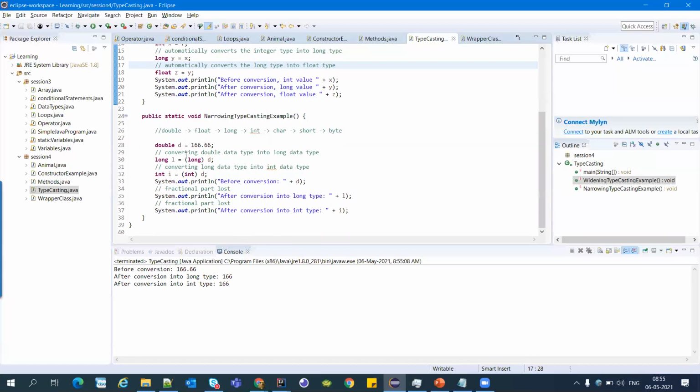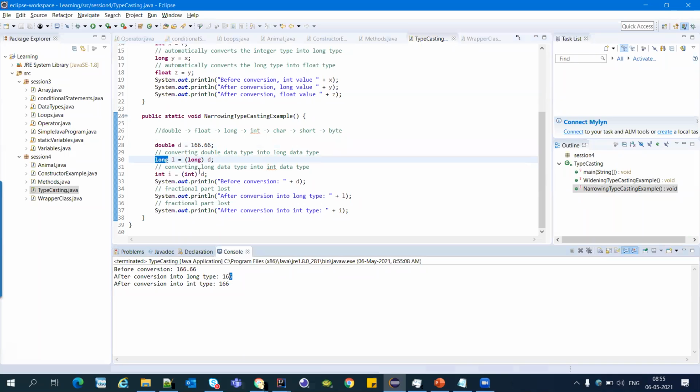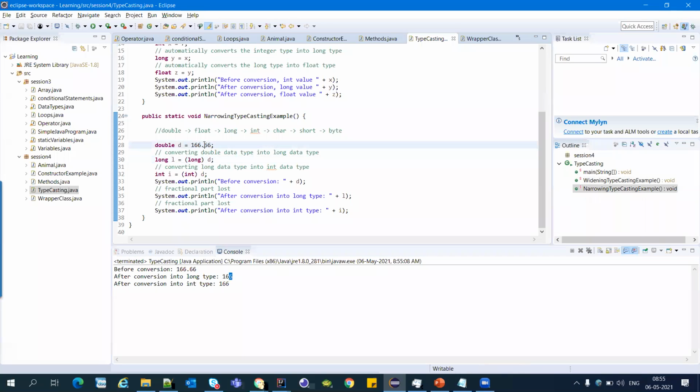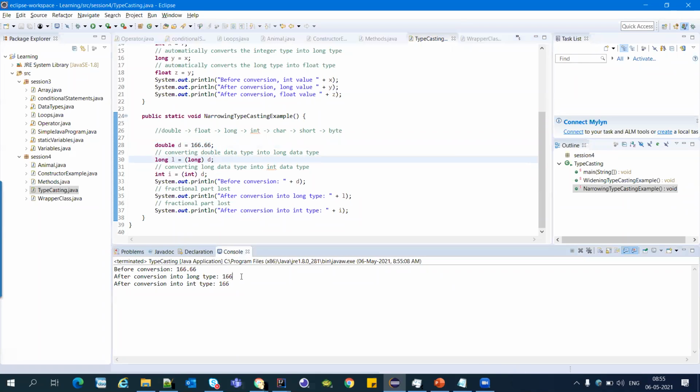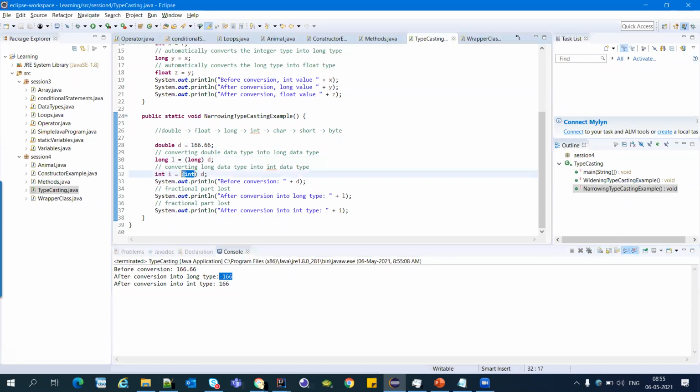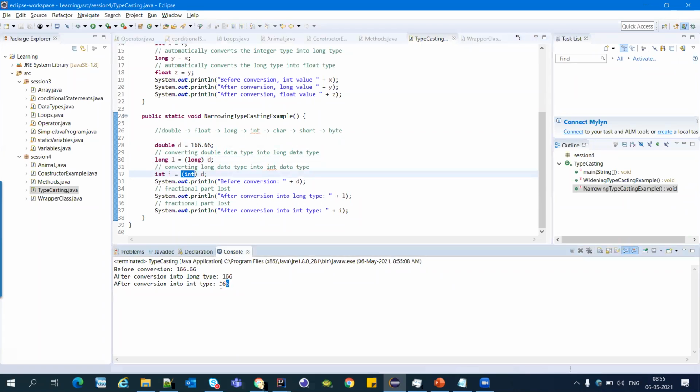Here we are converting a double value into a long value. Long is a whole value, so it was a double. It has a decimal, 166. But while converting to long, it removed the decimal values, it only has 166, and long value into integer is similar.